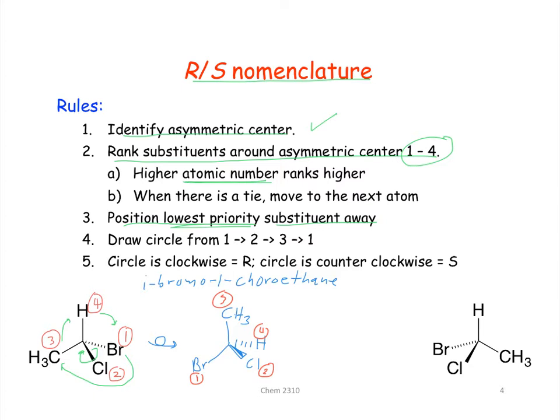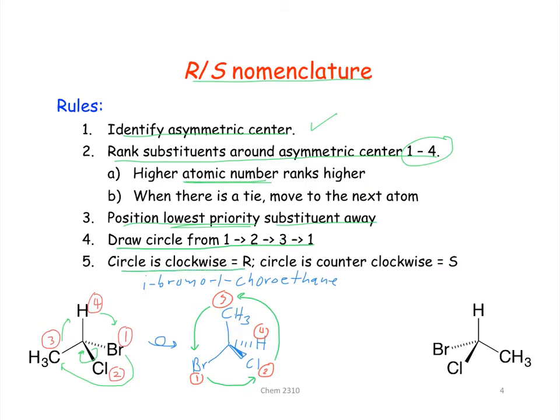All right, so we've done that. So now the next step is we're going to draw some arrows, and the arrows are going to go from 1 to 2, 2 to 3, and 3 goes back to 1. So 1 is going to go to 2, 2 goes to 3, and 3 goes to 1. All right? So then here are the rules. So if this circle is going clockwise,